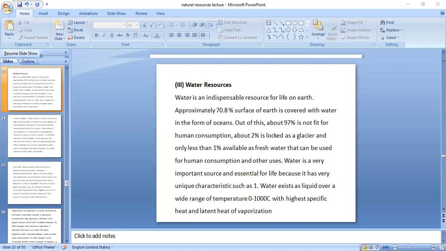Third is the siltation and sedimentation of reservoirs, which not only makes dams less useful but is also responsible for the loss of valuable nutrients. Now, what will happen? It makes dams less useful and is also responsible for the loss of valuable nutrients. Now, fourth is